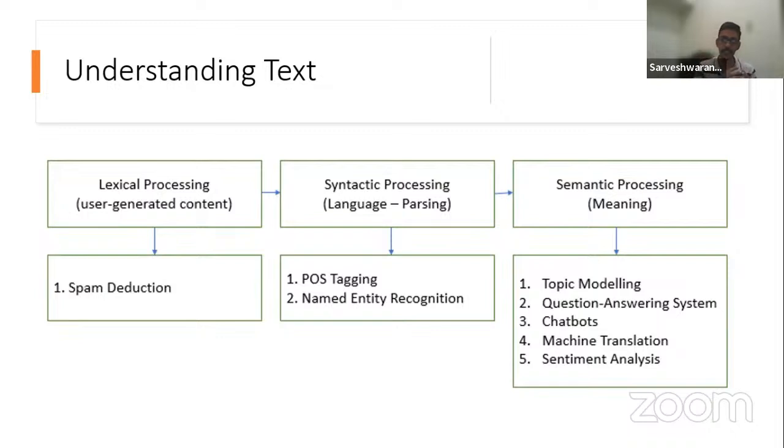Text processing can be divided into three processes: lexical processing, syntactic processing, and semantic processing. What is lexical processing? Firstly, we convert the text into words, and depending on the application's needs, into sentences or paragraphs as well. So not only words, it can be converted into sentences and paragraphs.